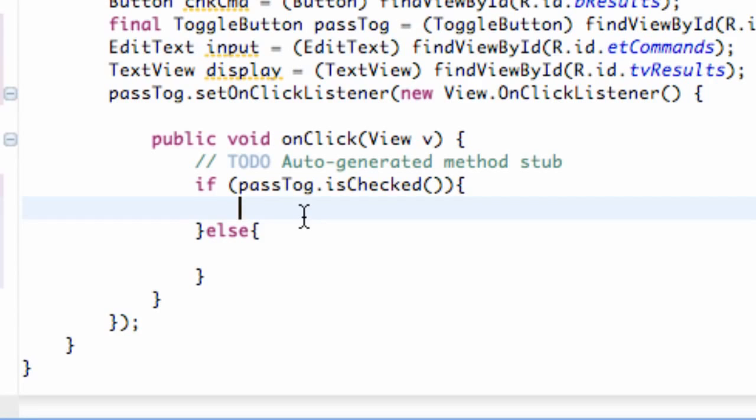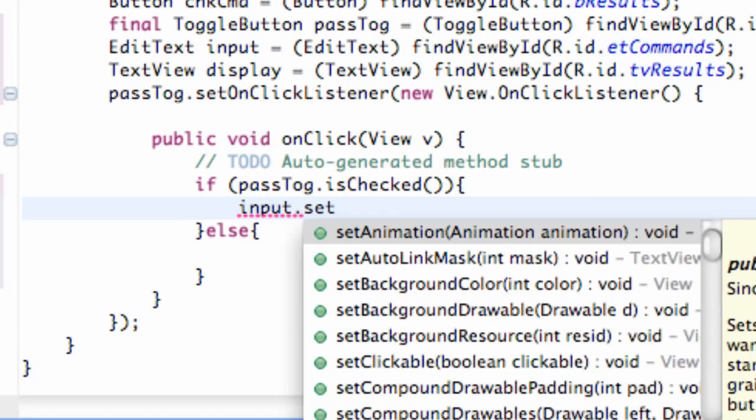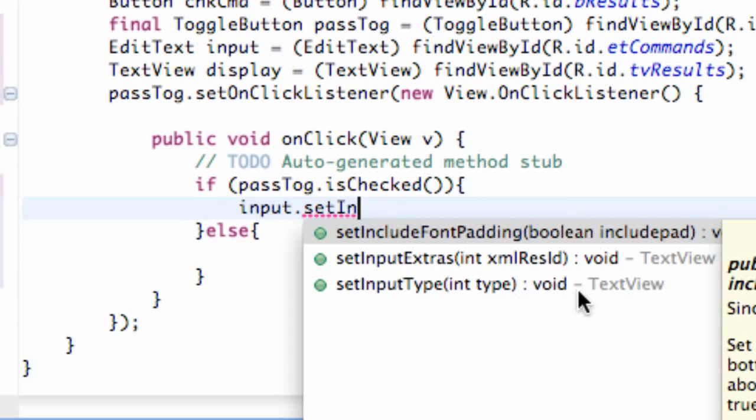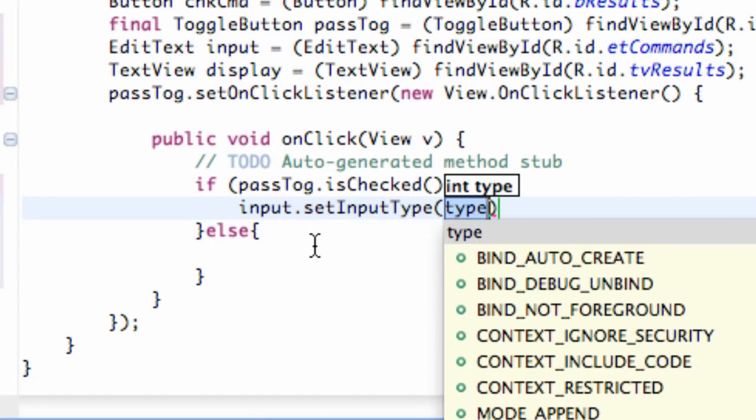Now what we can do is we're going to use the EditText variable that we set up here, and we have it referenced to our EditText in the XML, and we're going to change that. So we called the EditText input, so we're going to say input, and we can hit dot, and then what we're going to do is set the input type. Basically, there's the password type in a text view, or a number for the most part. You can make them only be able to put in numbers, stuff like that. So we're going to say the method setInputType, and as you can see it's a text view type for the most part, and within the parameters,